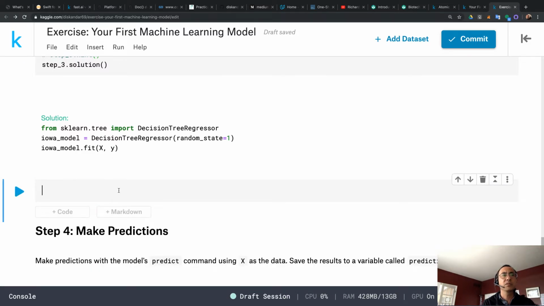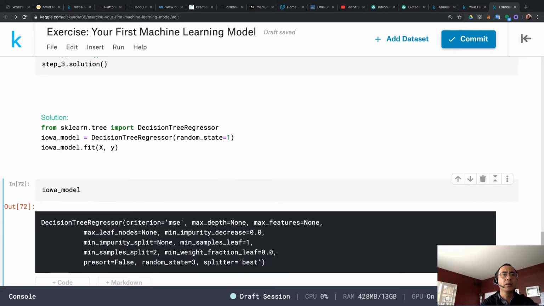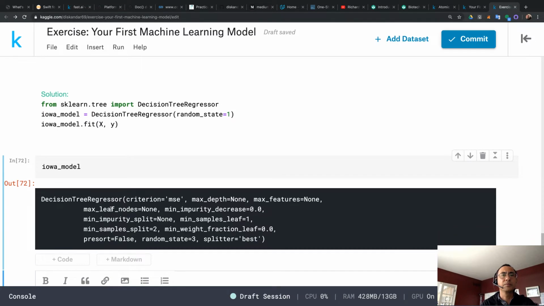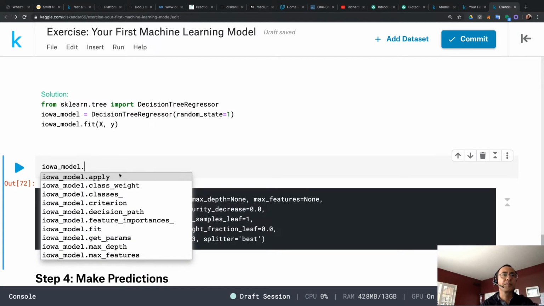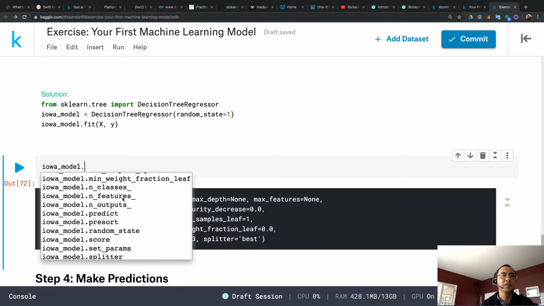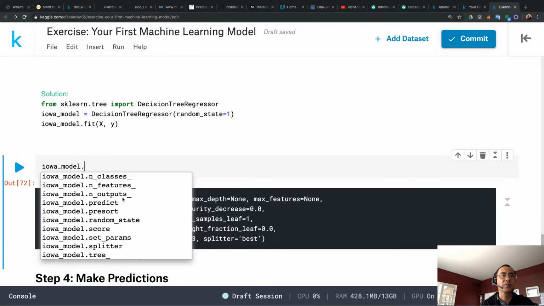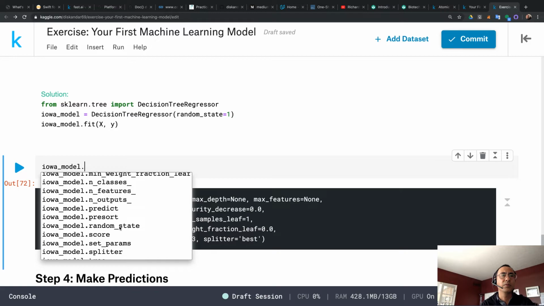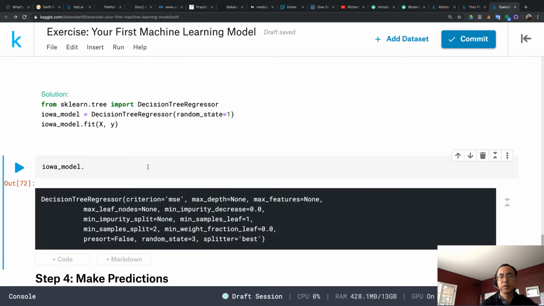Can I just check this one? Okay, but this is just describing the algorithm. Okay, can I do something here? Predict, score, splitter, tree, no. Random state, no. Okay, I'm not sure. Anyway,